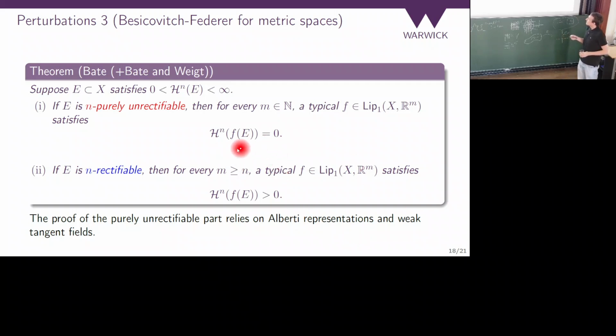The question that I'm going to be interested in is how can you improve this result here? Of course, you can get a smaller number than zero, but what you might think about is, what if we don't have this finiteness assumption, right? So for example, this set is purely 1-unrectifiable, but it doesn't even have a sigma finite H1, right? Because it has higher dimension.